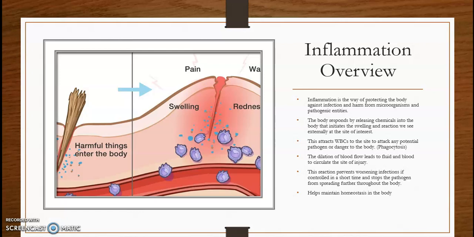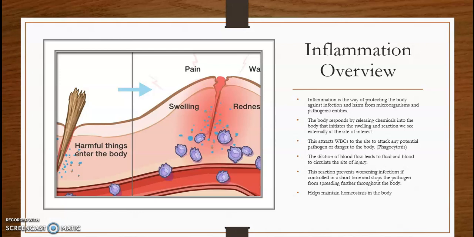So an overview of inflammation. Inflammation is the way of protecting the body against infection and harm from microorganisms and pathogenic entities. The body responds by releasing chemicals that initiate the swelling and reaction we see externally at the site of interest. This attracts white blood cells to the site to attack any potential pathogen or danger to the body, otherwise known as